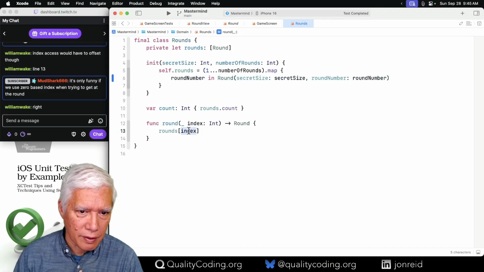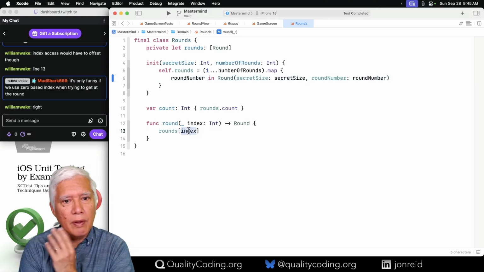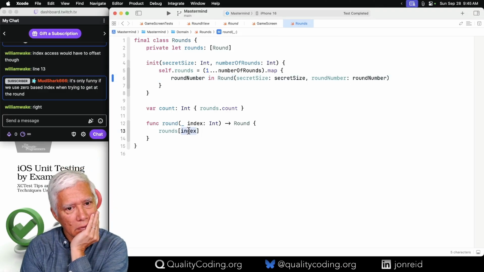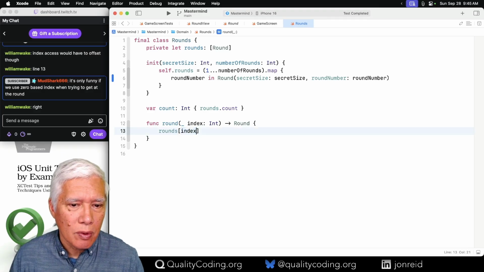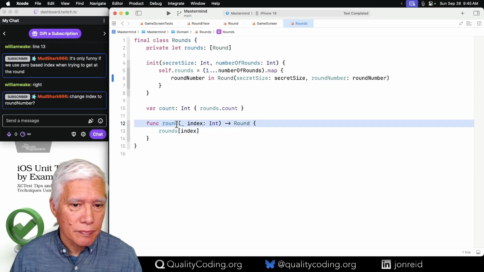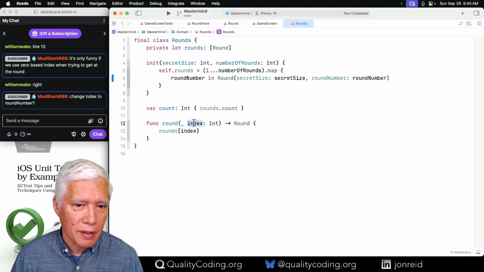Yeah, that becomes a problem. But we could say treat this not as an index, but as, like,